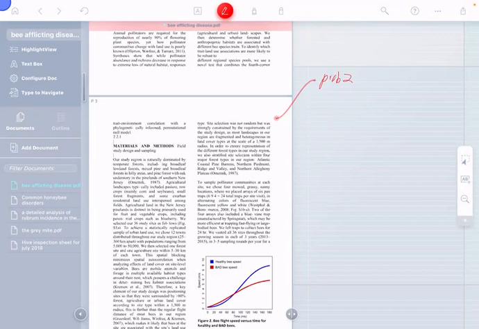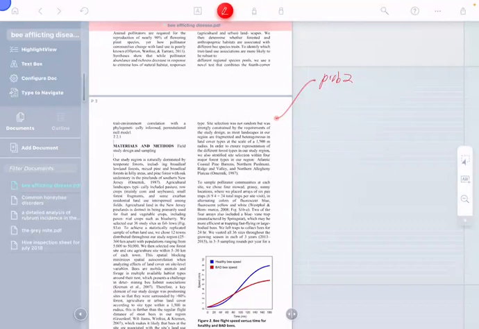Okay, Diego asks, any chance of creating operational links with citation managers such as Mendeley? Diego, thank you for that question. Yeah, that's a very good one. We're in the process of launching reference manager integrations with Zotero and Mendeley. Some others maybe as well down the line, but Zotero and Mendeley are going to be the first two.